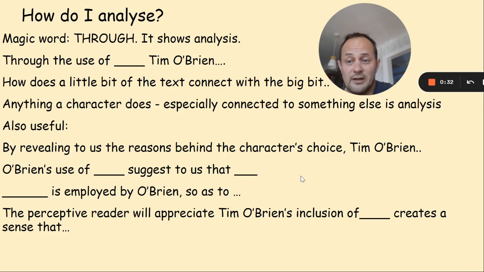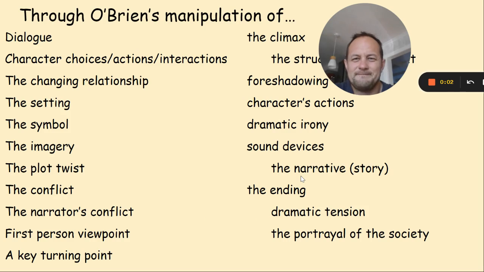So, by revealing to us the reasons behind the character's choice, Tim O'Brien's use of, once again, metaphor, foreshadowing, characterization, suggests to us that something is employed by O'Brien, so as to. And the perceptive reader, I like this one as something that we could perhaps use in a conclusion, will appreciate Tim O'Brien's inclusion of, which creates a sense that. Now,